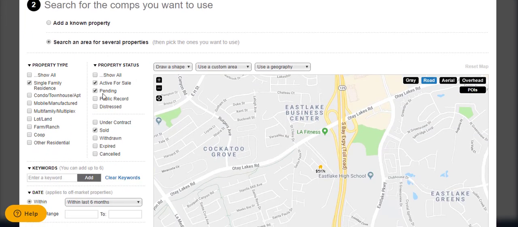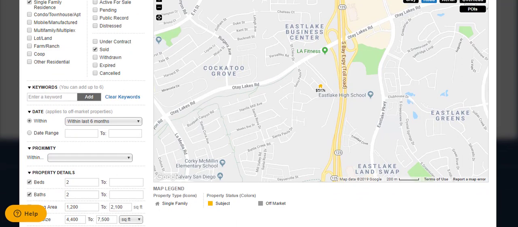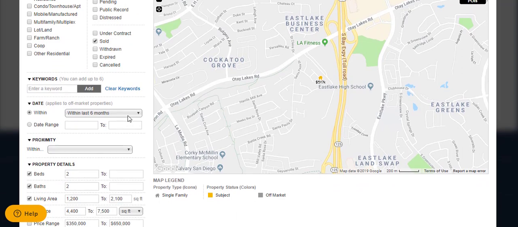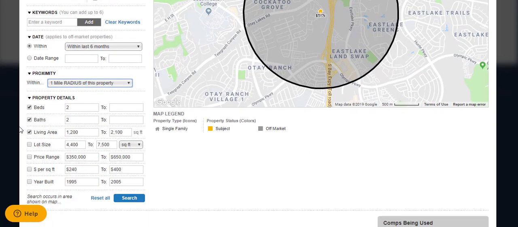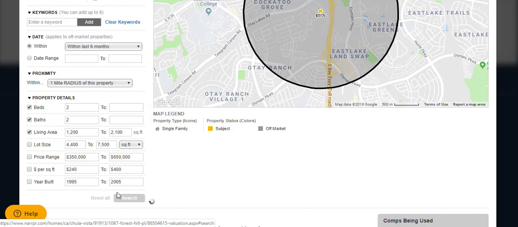And what you're doing in here is looking for sold properties within the last 6 months, which is your ideal. Proximity within a mile radius of that property, just because it's a suburban property. Typically I leave this unless I'm having trouble finding comparables. I'm going to click Search,